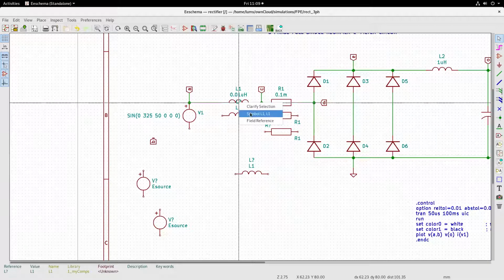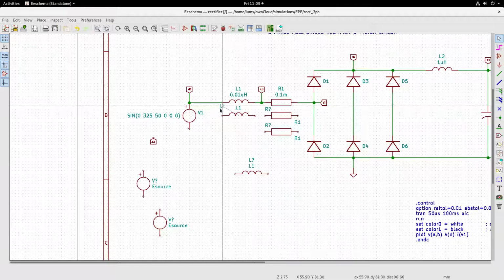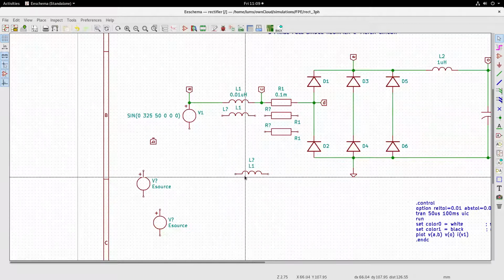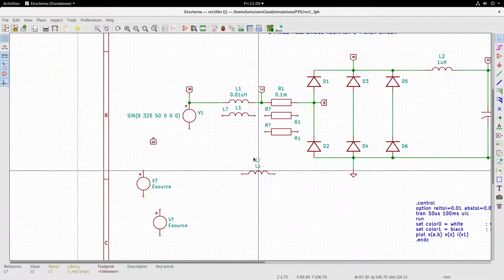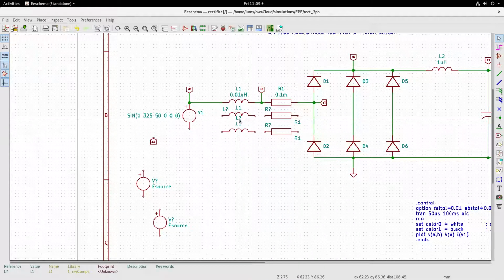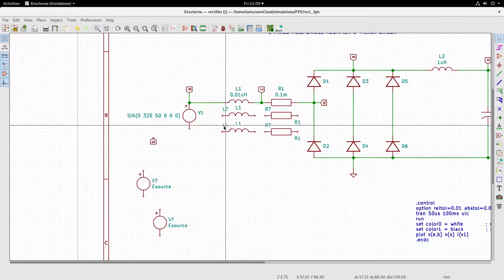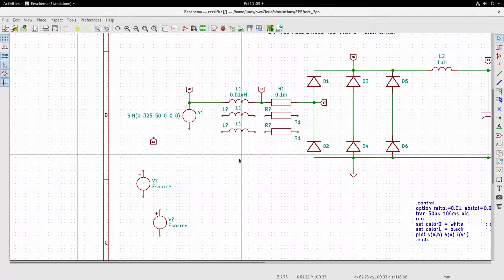So let me move the reference here. Let me move the component, so you can actually manage all this positioning. I'm just indicating to you how you can do that.